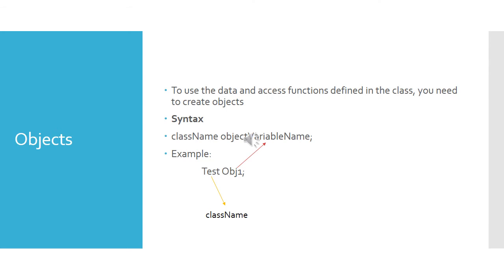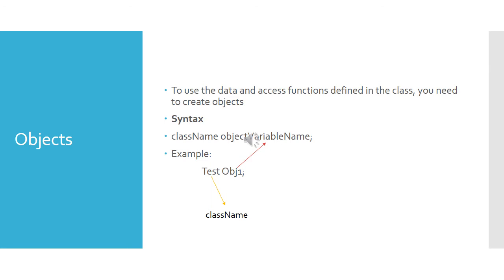Next, we are going to learn objects. I hope class is clear to you all: a class means a blueprint of the object. Class specifies data members and member functions with the help of access modifiers. There are three kinds of access modifiers we've learned so far: public, private, and protected. Public means it can be accessed by anybody inside or outside the class, whereas private means it can be accessed only by the members of the class, and protected means it can be accessed by the members as well as the members of the subclass.